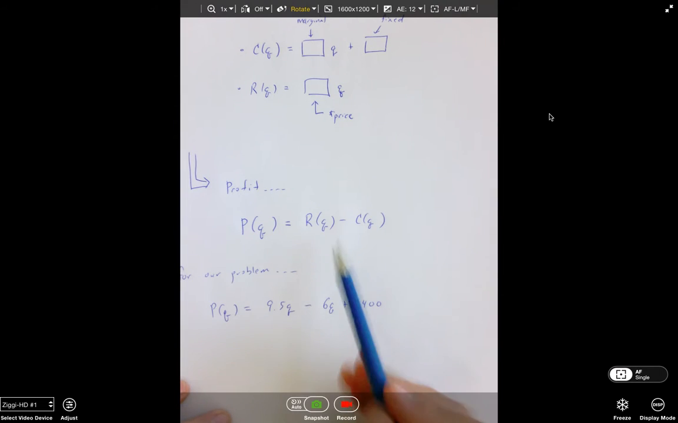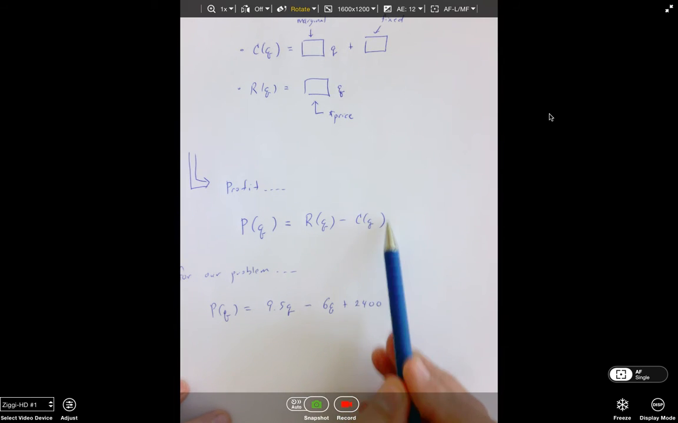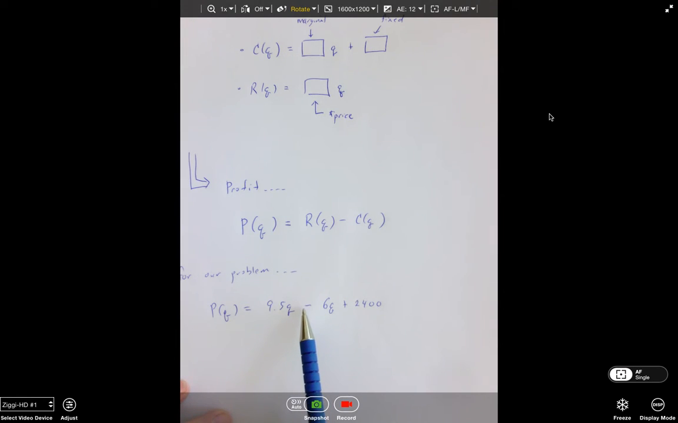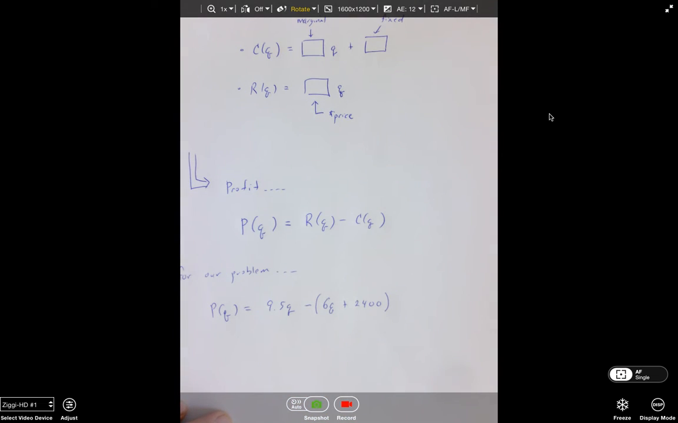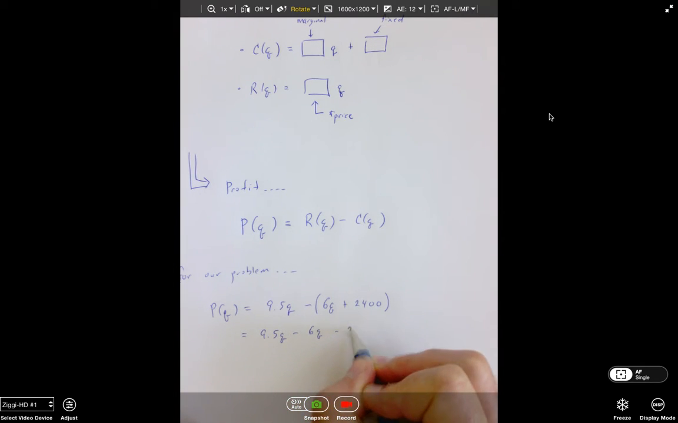Guys, this minus right here, the subtraction, says that we want to subtract the entire cost function. This notation right here, I've gotten sloppy, and I did this intentionally because it's a mistake that students make quite often. This is only subtracting the 6Q. It's not affecting the 2400. That negative sign has to affect the entire cost function. So this is just going to require that we do another step, distribute the negative through,